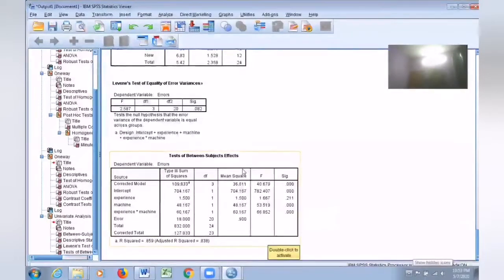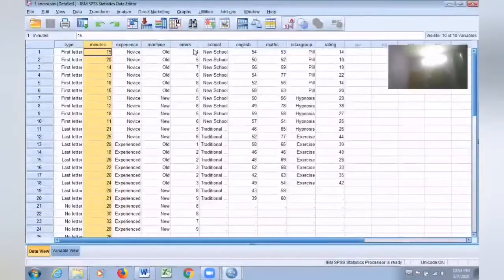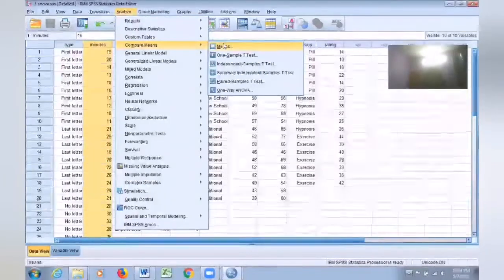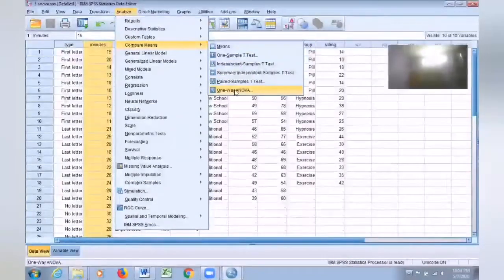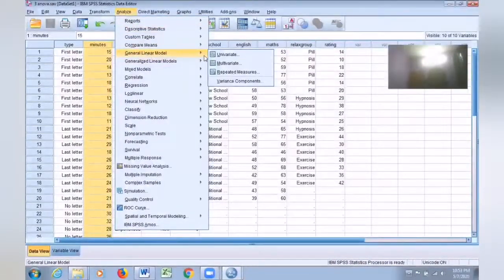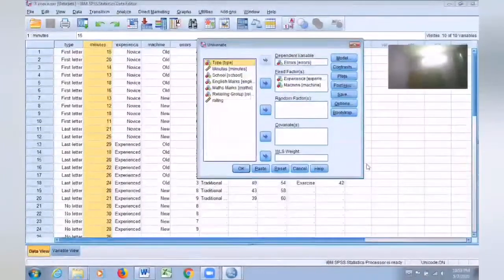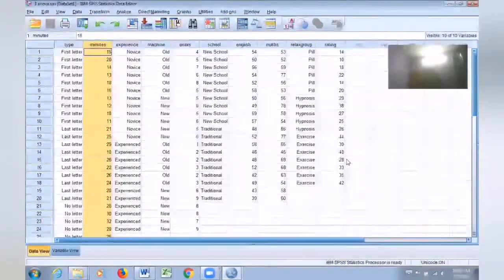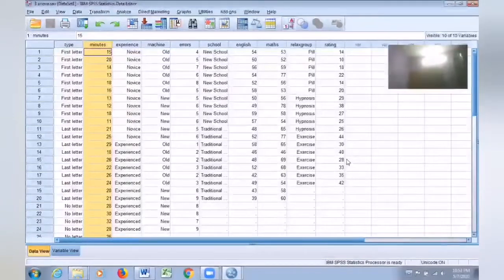So this is the whole two-way ANOVA. Now, I think you might have got it. To get the one-way ANOVA, you go to Analyze, Compare Means, and One-Way ANOVA. To do two-way ANOVA, come to Analyze, General Linear Model, click on Univariate, and you can go for two-way ANOVA. I think it's clear. And these SPSS files will also be shared with you, and you can try to have hands-on experience with these files in your SPSS.